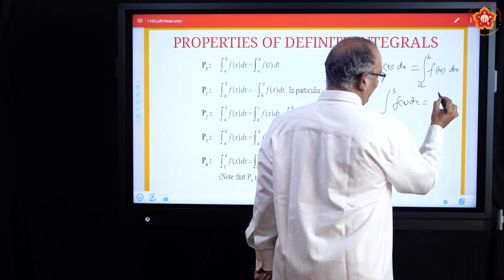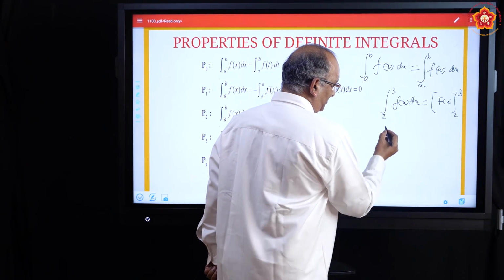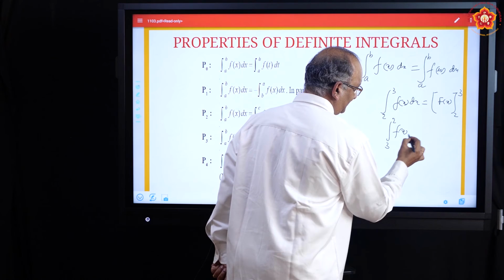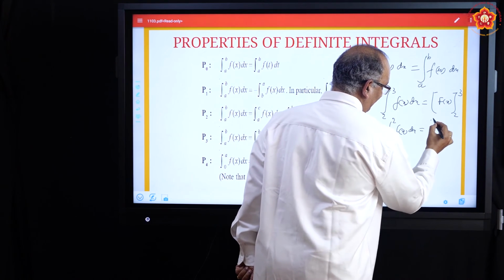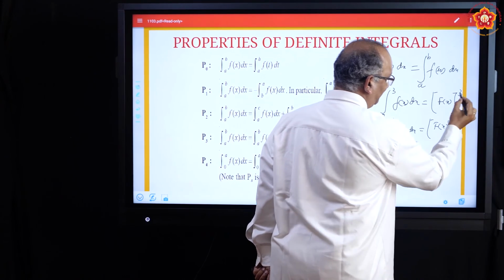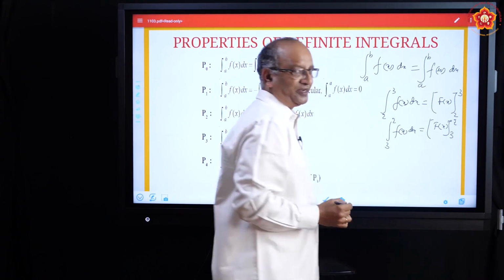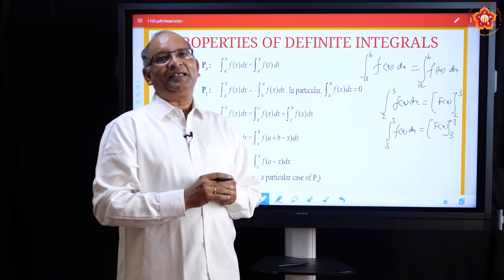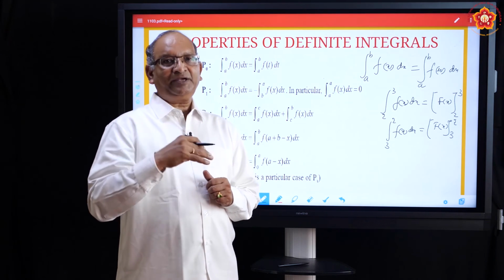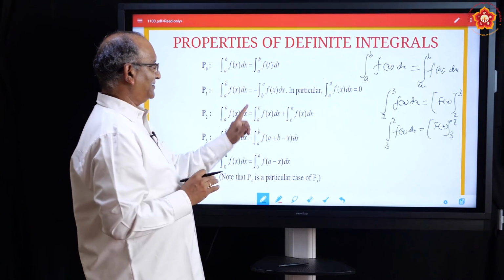So we get 2 to 3. Now, if you change it into 3 to 2, what will 3 to 2 be? f(x) dx. The function is the same, only the limits are 3 to 2. What is the difference between these two? It is F(3) minus F(2), whereas this is F(2) minus F(3). One negative sign gets multiplied. When does that happen? When the limits are interchanged. If the limits a to b change to b to a, it gets multiplied by a negative sign.